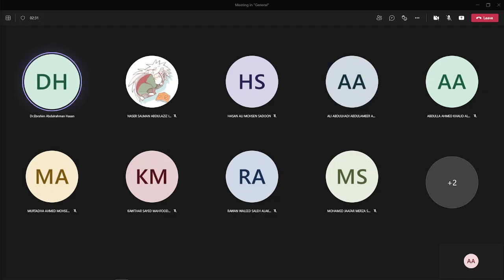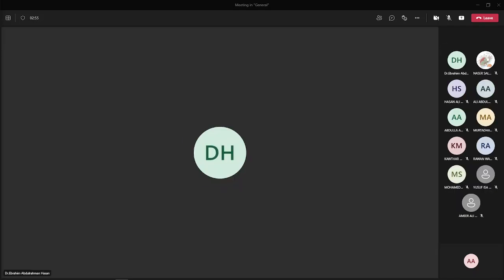اوكي، في أحد عنده مشكلة من الجماعة الموجودين؟ أنا دكتور عندي محاضرة الساعة 9:30. خلاص إذا نبدأ الحين. طيب. اوكي،